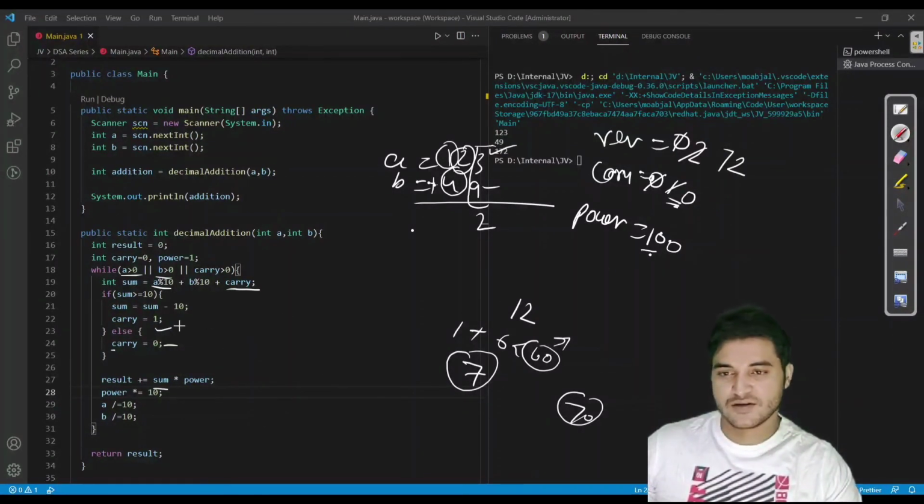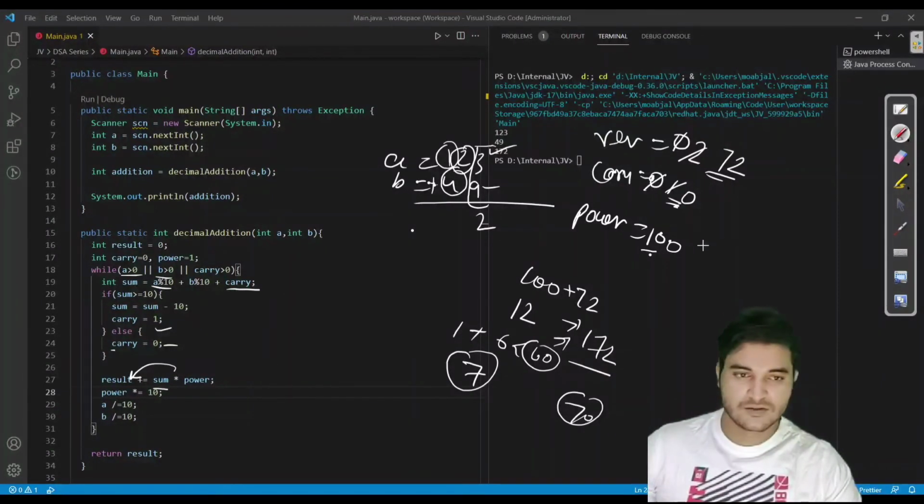So our sum is 1, and 1 into 100 is 100, plus the previous result, which is 72. Now we would get 172. So we assign 172 to the result variable. Now carry is also 0.